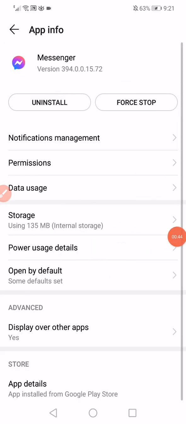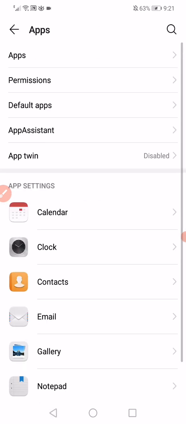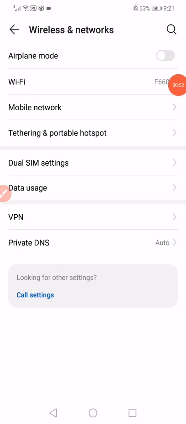Go back again, and now all you want to do is go to the settings again on your phone. Go to the wireless and networks. Enable the airplane mode for 20 seconds or 15 seconds, and then disable it